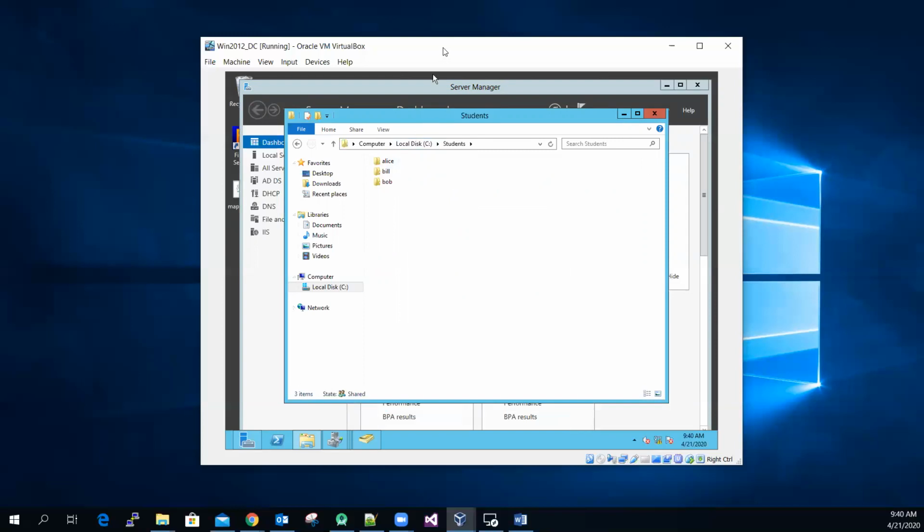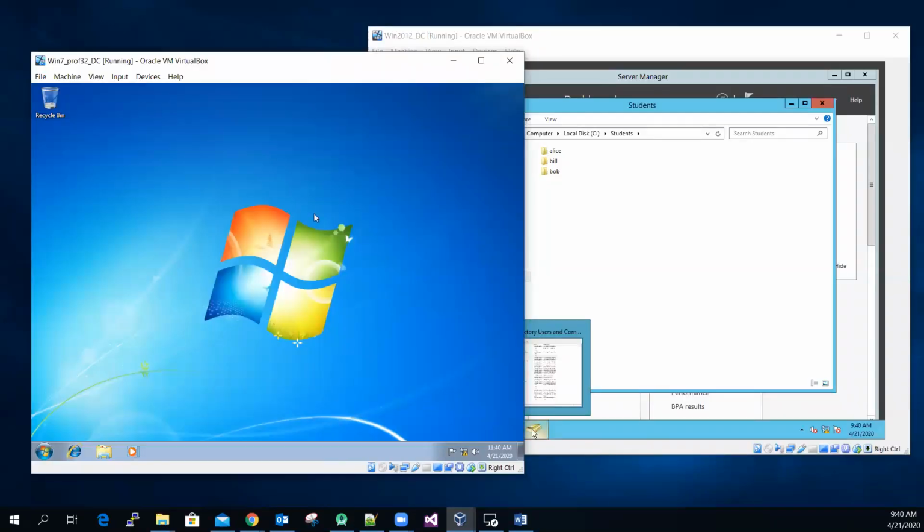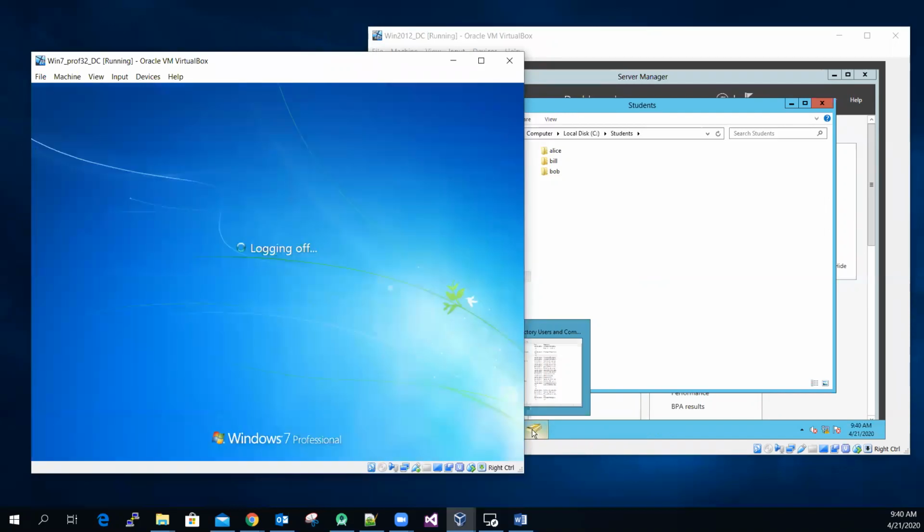So here will be my Windows 7 machine. You can see that right now the login name is Bob, but we are going to try Alice first. So let me log off, and then log in with Alice's account, or credential. Let me see Alice, there you go, the password. You set whatever password you like. Log in,